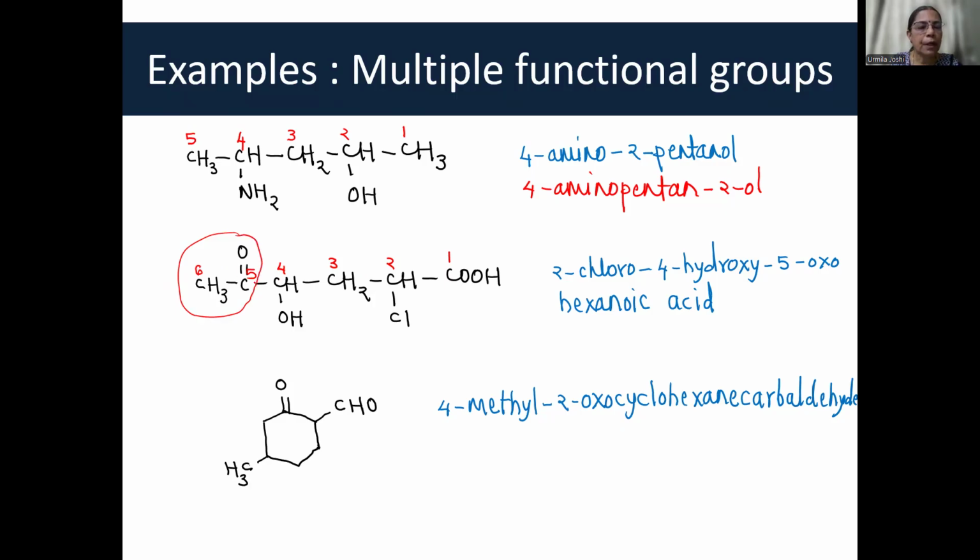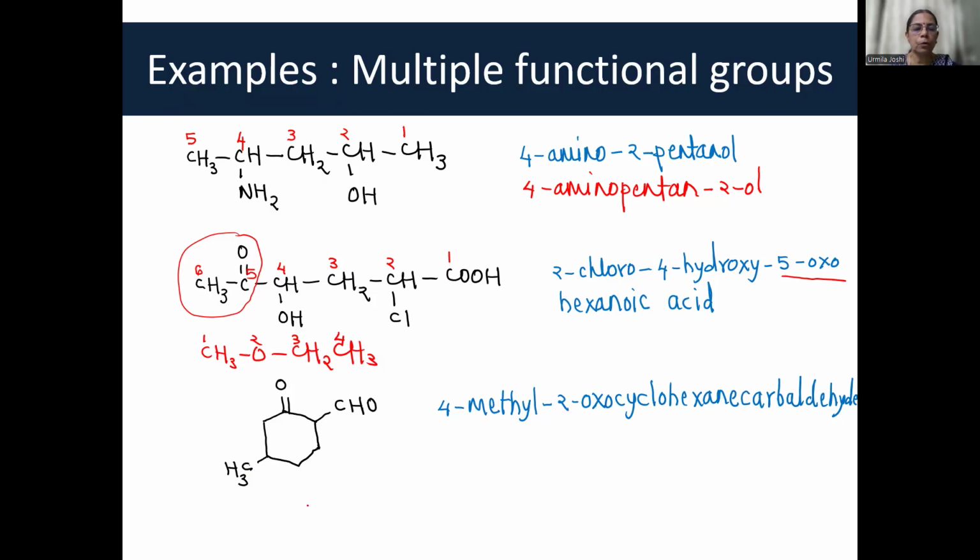But a better way out is to put that carbonyl in the chain. Since you have put the carbonyl in the parent chain, you can name it as oxo. I think we saw this example in the previous lecture. Methoxyethane, we said, but it can be named as 2-oxabutane. Okay, this was oxygen in the chain which was numbered in the parent chain. Here it is a carbonyl carbon which is numbered and therefore it is 5-oxohexanoic acid.